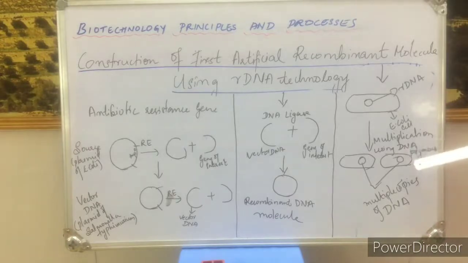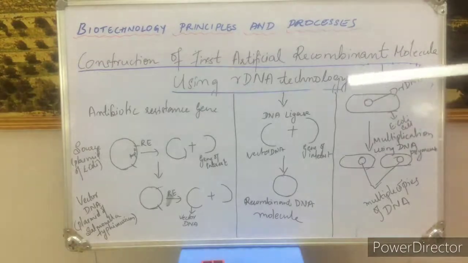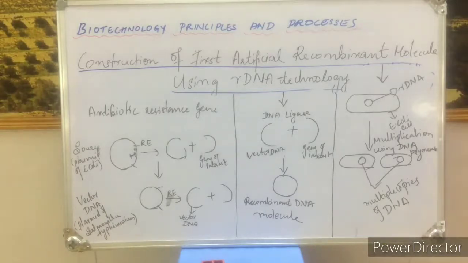So all these together are the different techniques and terminologies that make up the recombinant DNA technology. In the terminologies we have read what restriction enzymes are, what origin of replication is, what vector DNA is, and what DNA ligases are, right? All these together are involved in recombinant DNA technology to form a new combination of the molecule known as recombinant DNA, which has self-replicating capacity in the host cell.